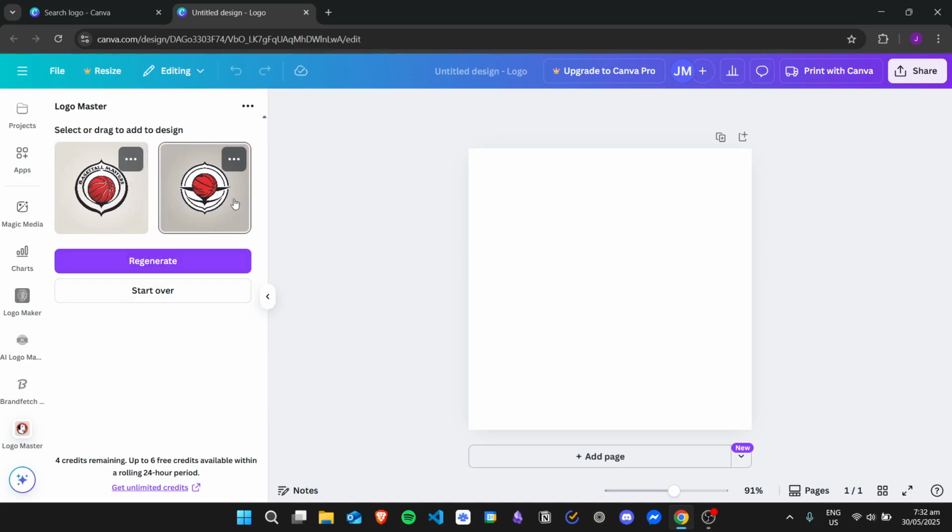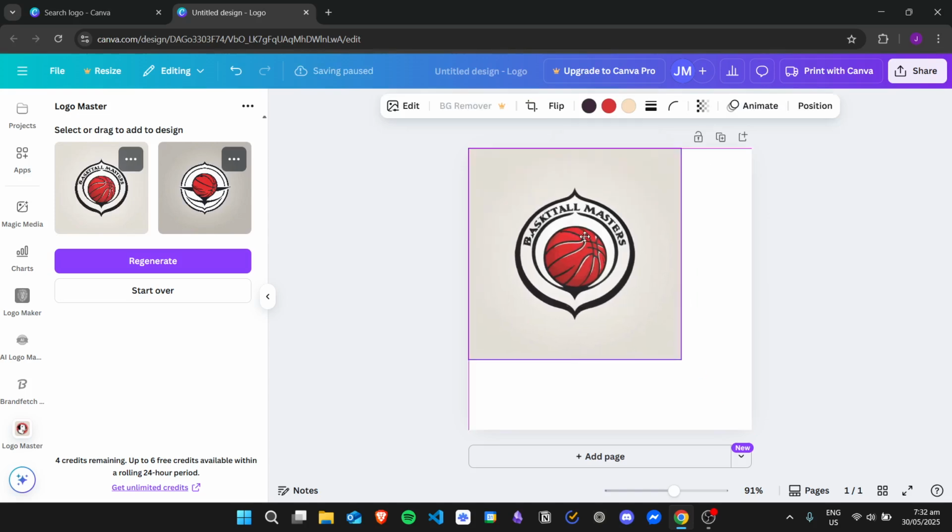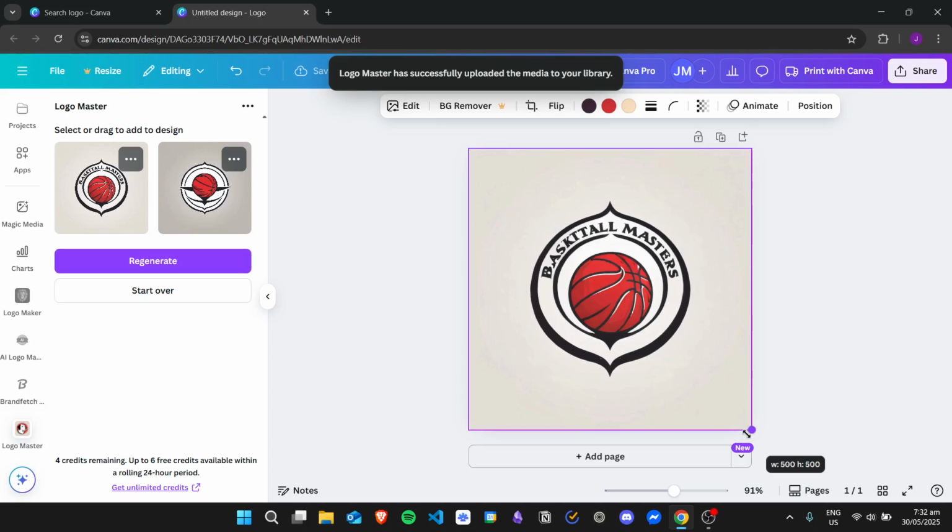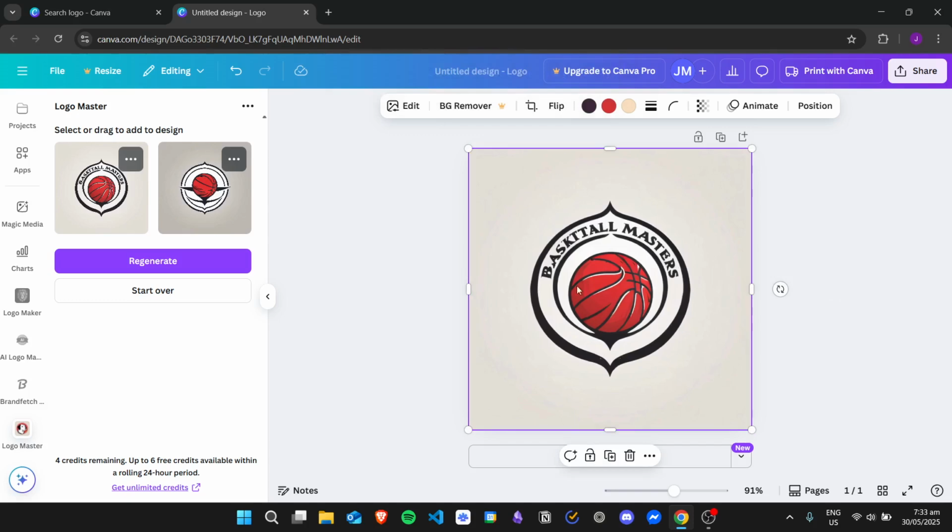Then we can also choose what logo to use. For example, I want to use this one, and then just drag and drop it to the project area, and then we now have the logo. But a problem is that the title is kind of not perfect, so it says basket tall masters. So that's actually a common error for AI, since AI is not yet perfect, but at least we now have our